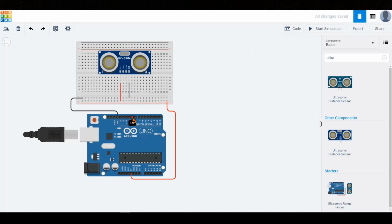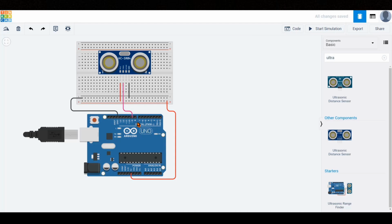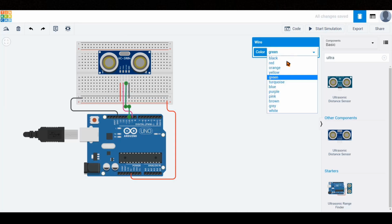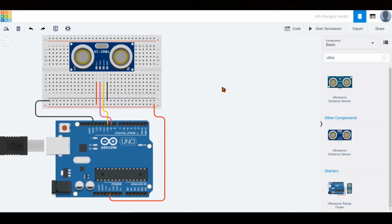Now let's configure pin 9 of the Arduino as the output pin for the trigger signal. We do this by connecting pin 9 to the trigger pin of the ultrasonic sensor, and we assign the wire color as pink. Next, we connect pin 10 of the Arduino to the echo pin of the sensor, using a yellow-colored wire to make it easily distinguishable. When we zoom in and take a closer look, we can see that the 5 volts